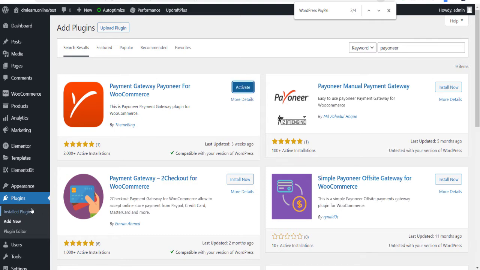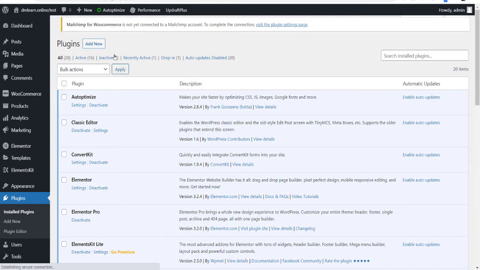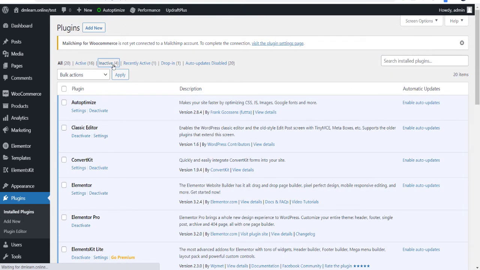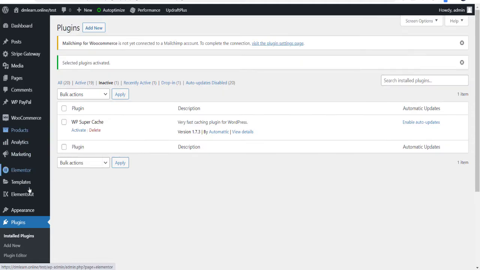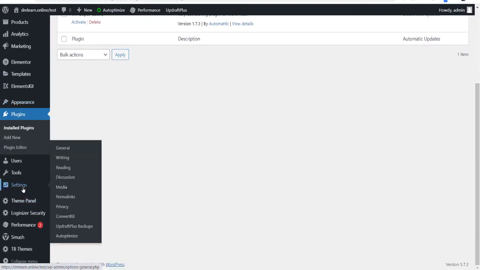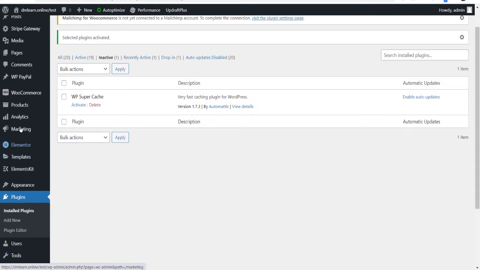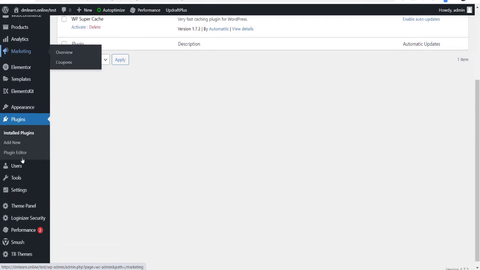Let us activate them, because we want to learn how to integrate. Go to inactive plugins. Now guys, you can see how important plugins are, how much time you can save, and how they help in your website design and development work. You don't need to hire a designer or developer for integration. You can do it yourself. So go to your plugin section.